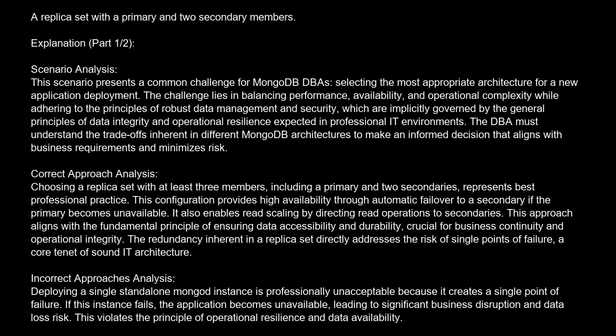The correct answer is B, a replica set with a primary and two secondary members. Explanation: scenario analysis. This scenario presents a common challenge for MongoDB DBAs, selecting the most appropriate architecture for a new application deployment. The challenge lies in balancing performance, availability, and operational complexity while adhering to the principles of robust data